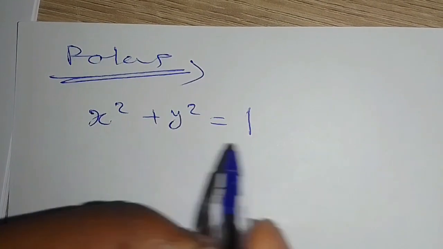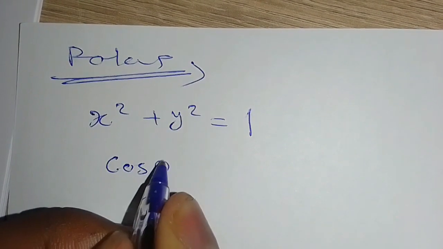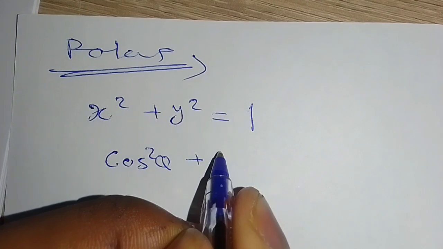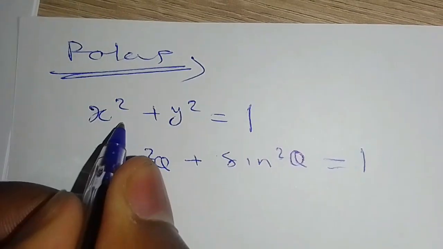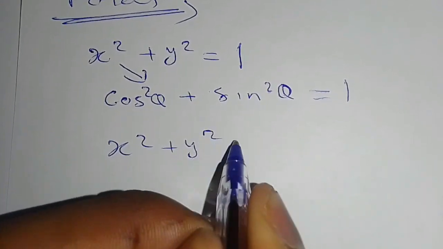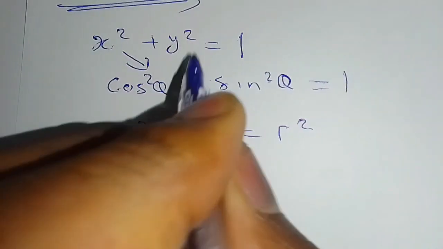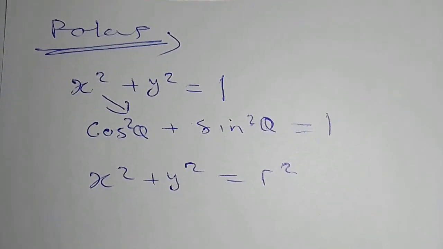Basically, if you have this type of unit circle right there, you're going to let x be cos theta, and you end up with cos squared theta plus sine squared theta, giving us 1. So that's the whole key idea. It doesn't really matter if you have x squared plus y squared equals r squared, you'll still get the same thing. So in this case, transforming to the polar coordinate system,